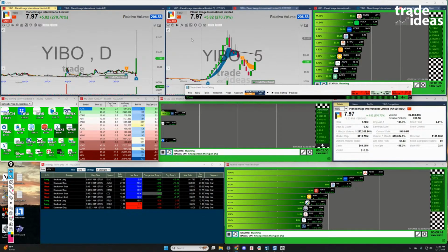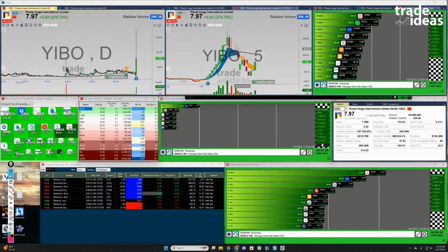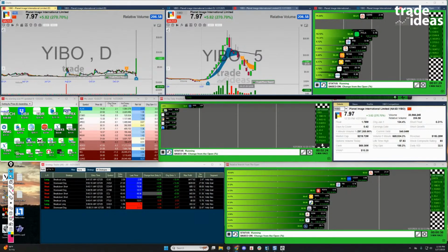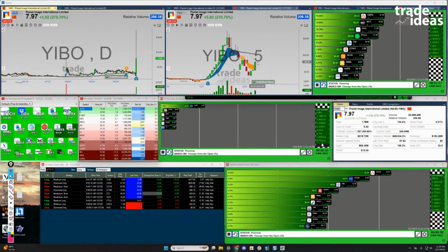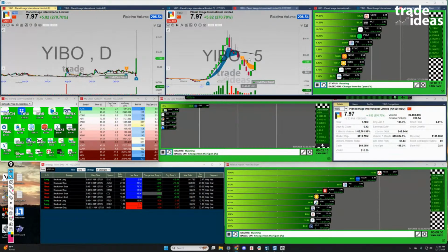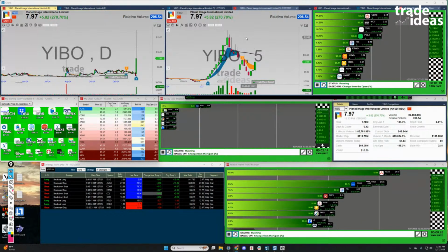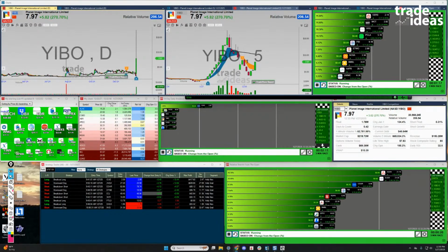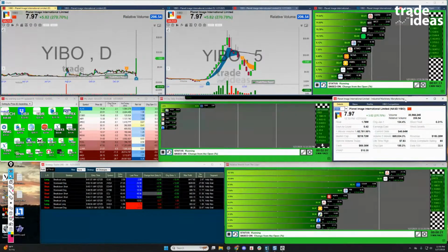And I just got to say that IYBO is going to make a liar of me. I said there's close to a 0% chance this thing would come back, and here it is. It's already back up to about $8 right now. It just goes to show you how wacky the market is and how wacky any individual stock can be. This is crazy, to be honest. Industrial machinery manufacturing.